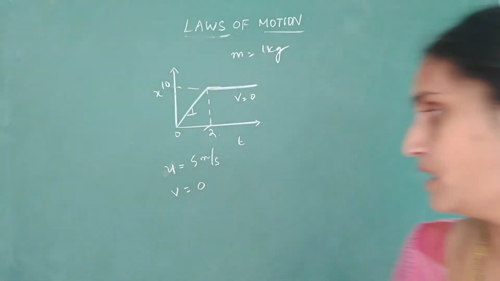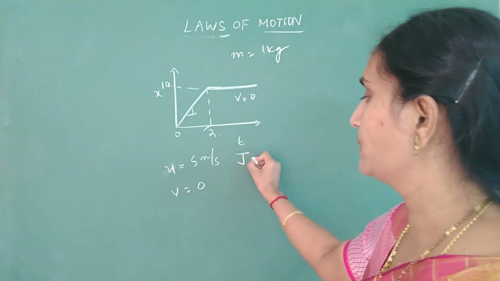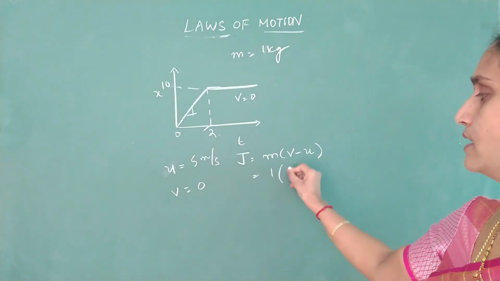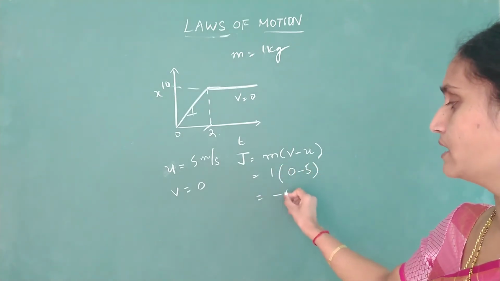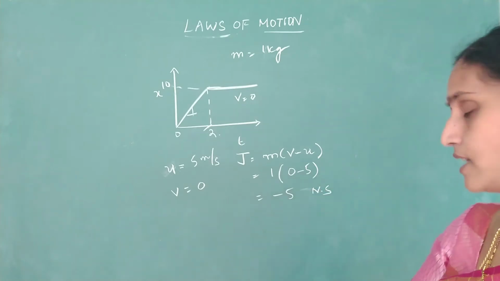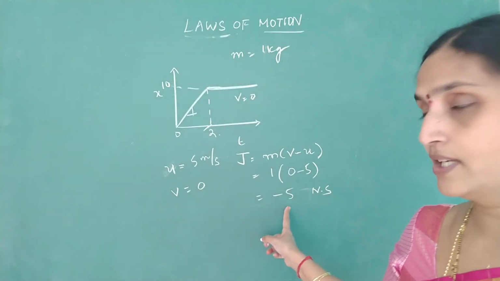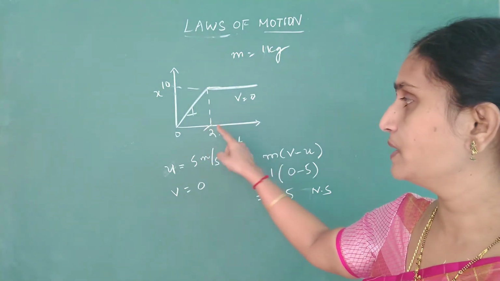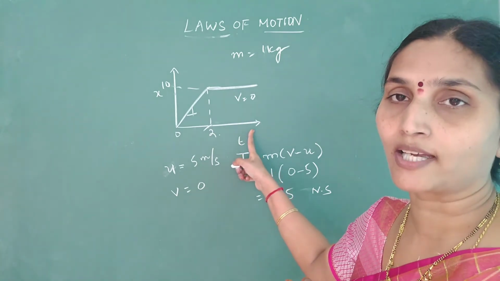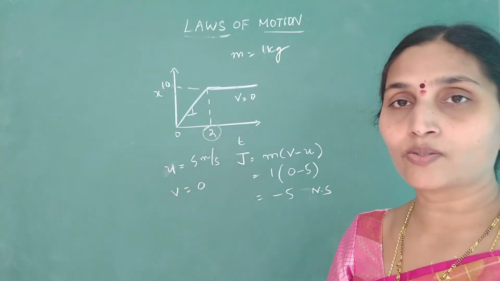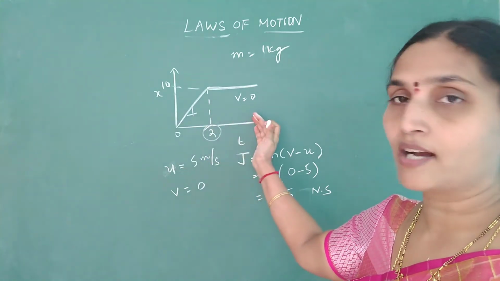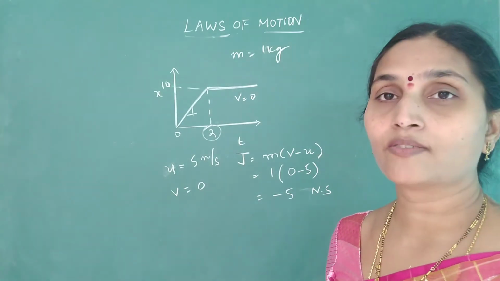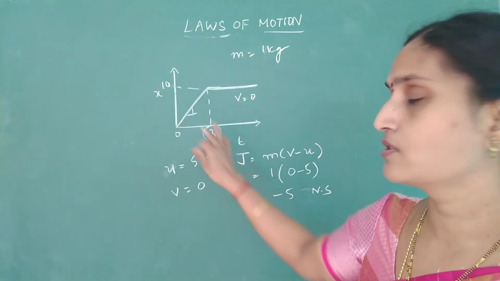And we know impulse is nothing but change in momentum. So find out the impulse: M into (V minus U). Mass is given as 1 kg. 0 minus 5, so your answer will be negative, minus 5 Newton second. So be careful with sign values, whether the answer has a positive or negative sign. That is decided by the behavior, or the speed of the particle just after 2 seconds, because they are asking you to find at t equal to 2 seconds. Determine the speed before and after. Before gives you the initial, after gives you the final velocity. So this also is a question related to impulse, by giving you a position versus time graph.